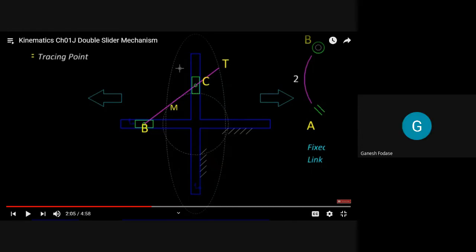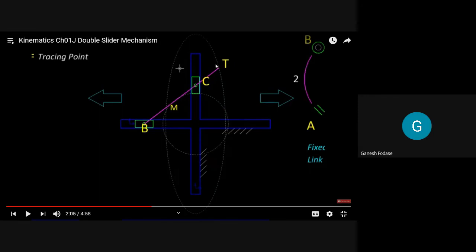Okay. And we also prove why it is tracing an ellipse and why it is tracing a circle. Which point's coordinates do I have to find out to prove it is an ellipse? The T point. Find the coordinates of T with respect to the origin. So its coordinates are x and y. Then consider this angle as theta, the angle this link BC makes with the horizontal. Find the coordinates x cos theta, y sin theta. Just use squaring and adding, and we get the equation of an ellipse.